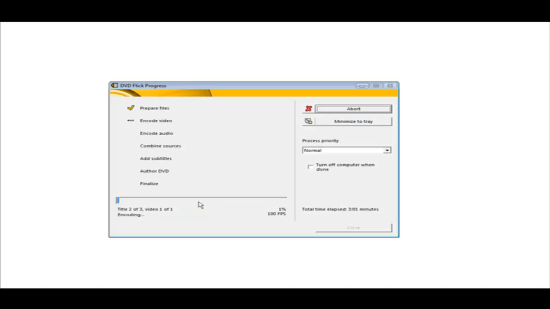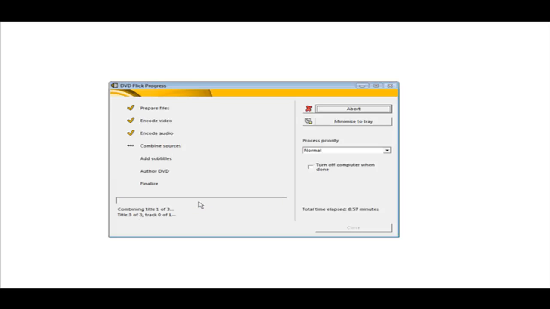So in this case, it's going to take 3 passes at the encoding video, and then the same thing with the encoding audio. So now it's into title 2 of 3. Okay, now we're into the 3rd pass. And then when it finishes that, it'll continue down the list and encode the audio. Okay, so it's almost done all the encoding bits for the video. Now it encodes the audio. Again, it needs to take 3 passes at the audio, which is much quicker than going through the video. So it's through pass 1, and now it's into pass 2. Now pass 3,